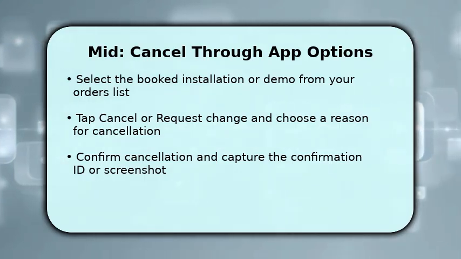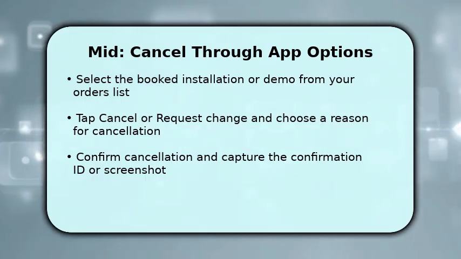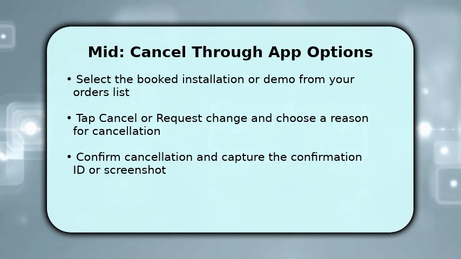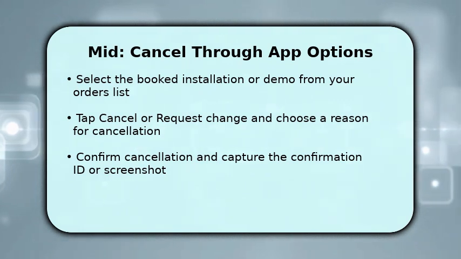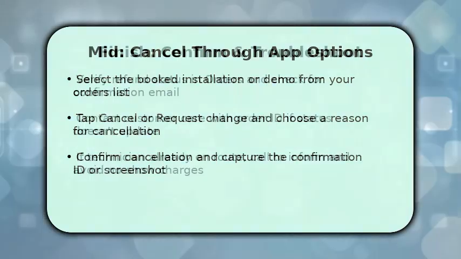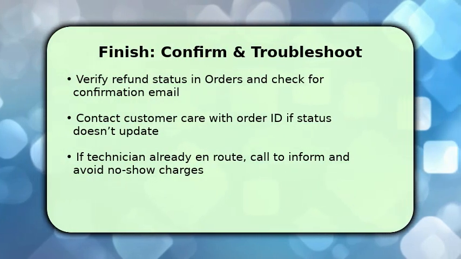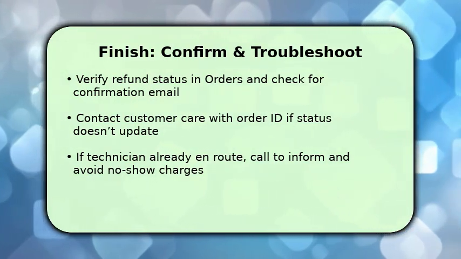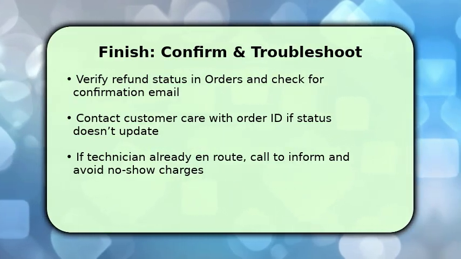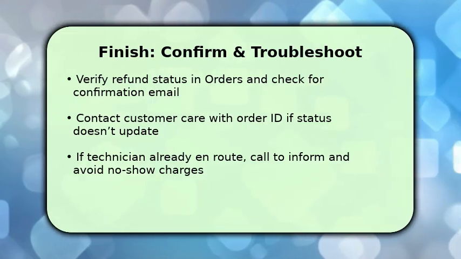After confirmation, take a screenshot and check your email or app notifications so you can track refund timing and next steps if rescheduling is needed. After canceling, verify the status in Orders and watch for an email or app notice confirming cancellation and any refund timeline. If the status doesn't update within the stated window, contact Flipkart customer care immediately and provide your order ID